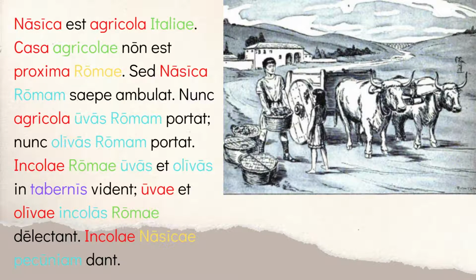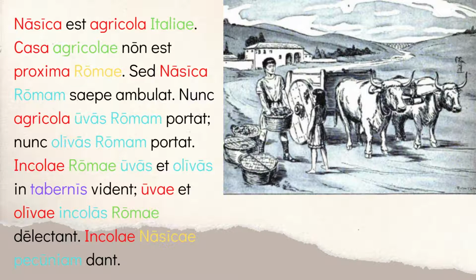So here we have the word Romae. Now, again, we've seen that it could be nominative plural, not that there would be more than one Rome. It could be genitive singular, dative singular, or even locative, that sneaky new case we just mixed in. The thing giving it away, though, is proxima. Proxima, nearby, is one of those special words that takes the dative case.